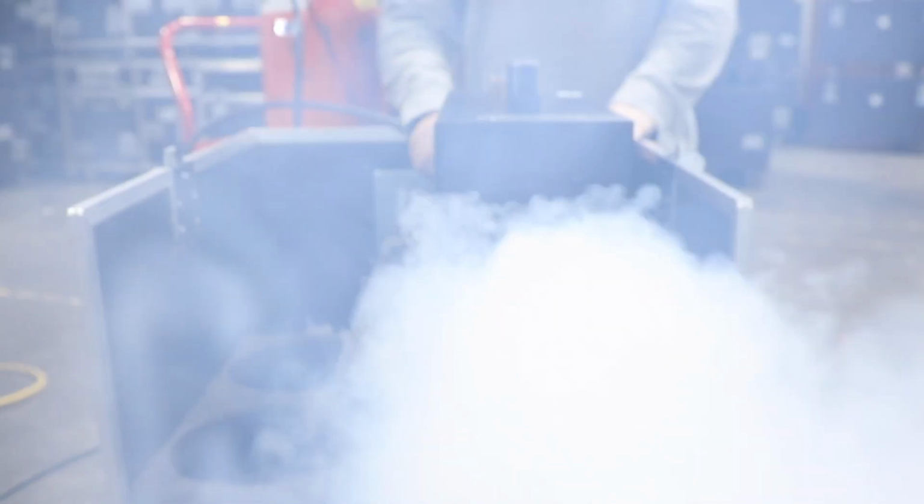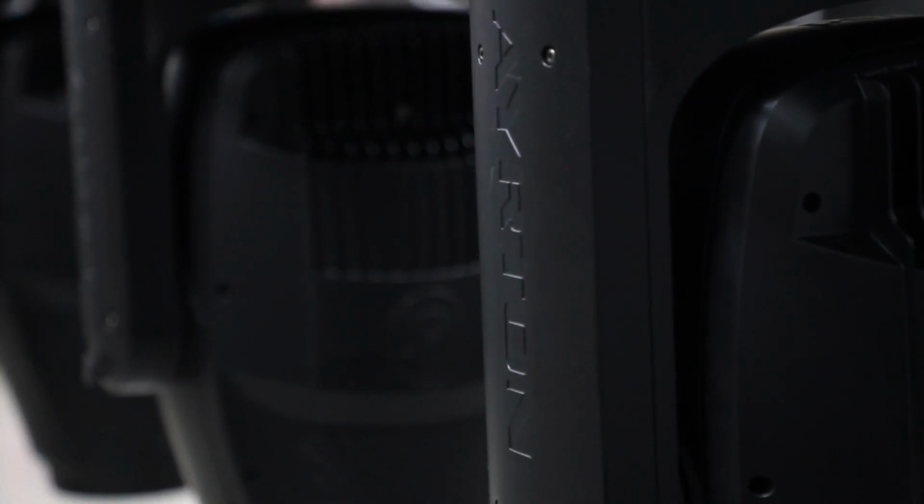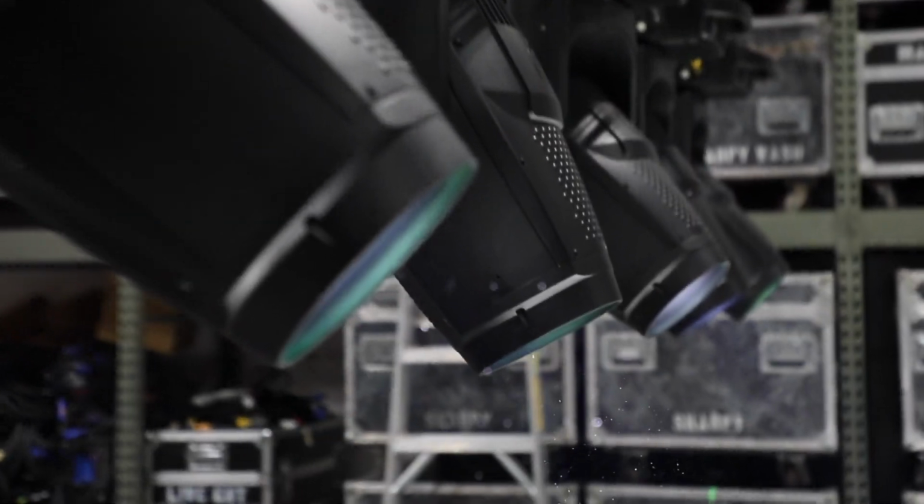Hey guys, today we're diving deep with the new fixture from Ayrton, the Perseo. The beast weighs in at 88.5 pounds with a 500 watt LED source outputting 27,000 lumens, drawing 800 watts of